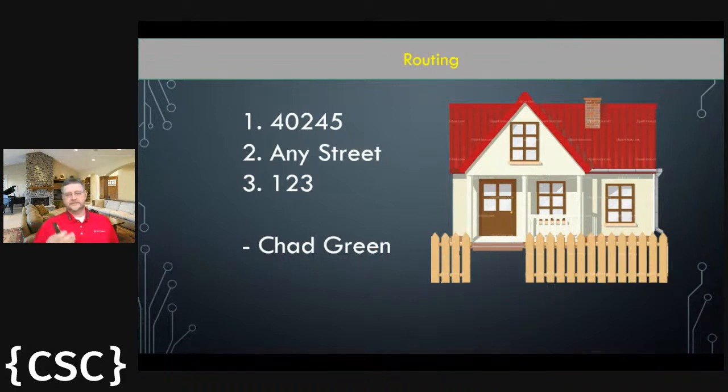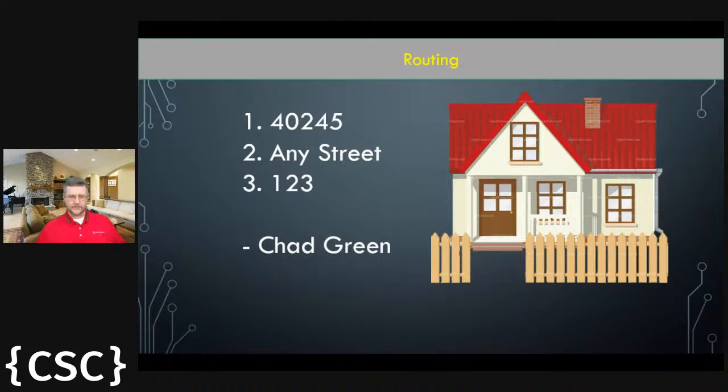But with this analogy, we can see that it's first looking at the zip code. If a piece of mail is going to go to your neighbor down the street, and you put that in the mailbox, it's going to go to the post office. They're going to see it's in the same zip code, so it doesn't go to another post office anywhere else. That one post office handles that, and it goes right to that house down the street. If it needs to go outside of that zip code, then it gets routed to another post office. So it hits the destination post office for that zip code.